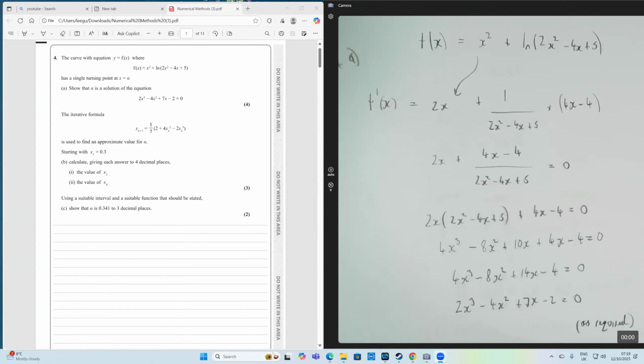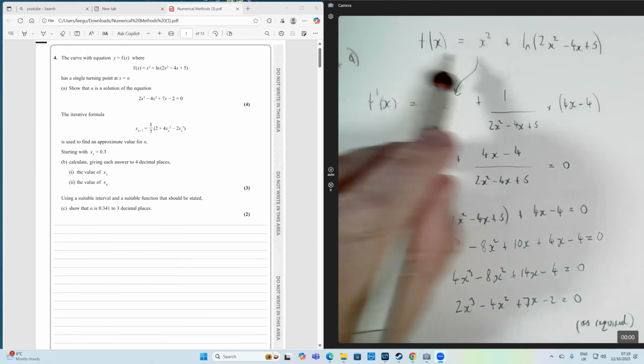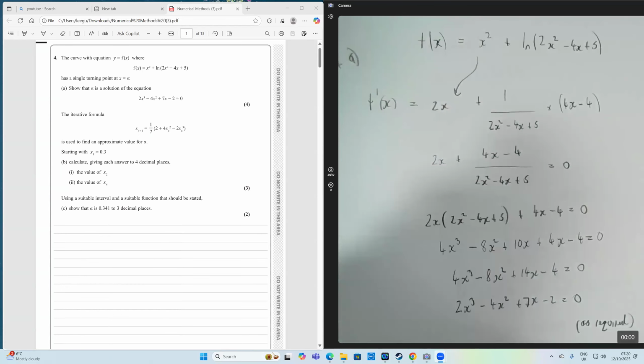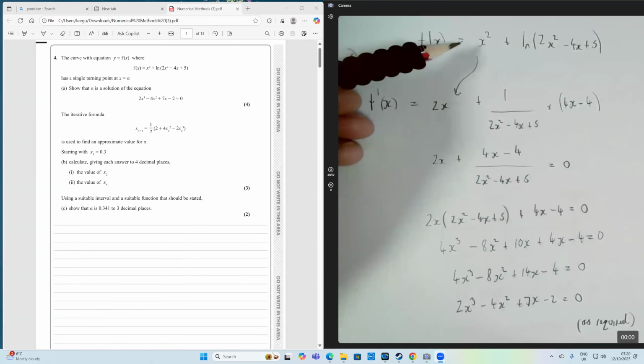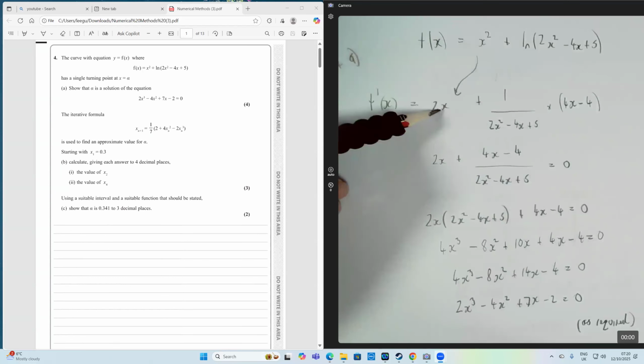Now, when we have these kind of questions where we've got to show that the equation of a turning point is a particular thing, we need to differentiate the function, set it equal to 0, and then rearrange. So here's our original function, f of x, and we are going to be differentiating it. Okay, so when we differentiate x squared, it goes to 2x, and when we differentiate our ln of 2x squared